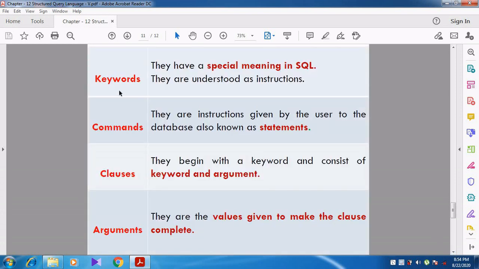Here are the 4 things which are main in SQL. So what are the 4 things? First is keyword. Like we discussed tokens, tokens are a very important thing in a programming language. The tokens are classified into 5 types.